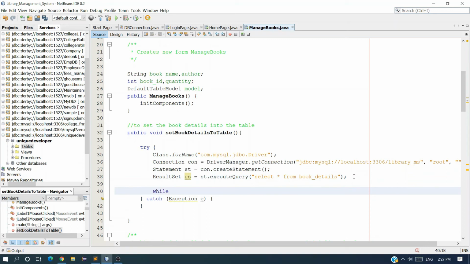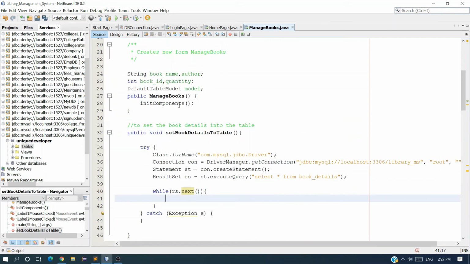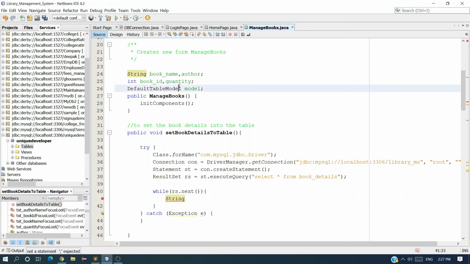Now take a while loop, while rs.next, and here we have to fetch the values and keep them inside these variables. Let's create another variable because I want to use this variable later.